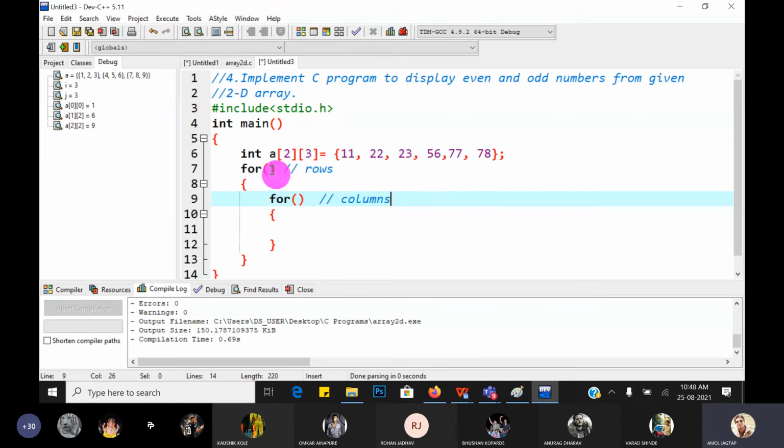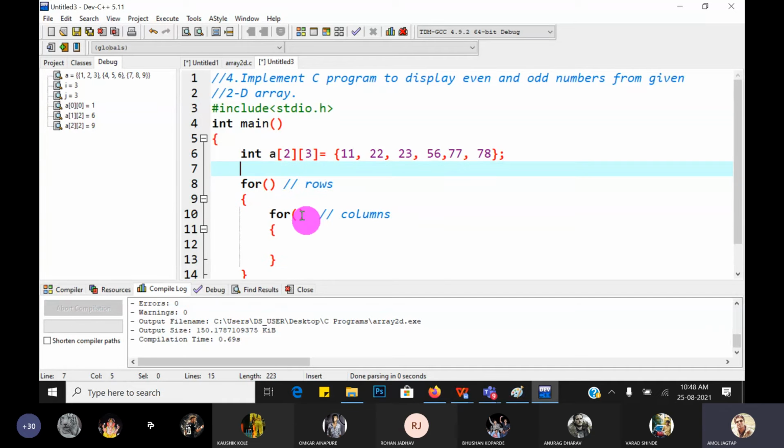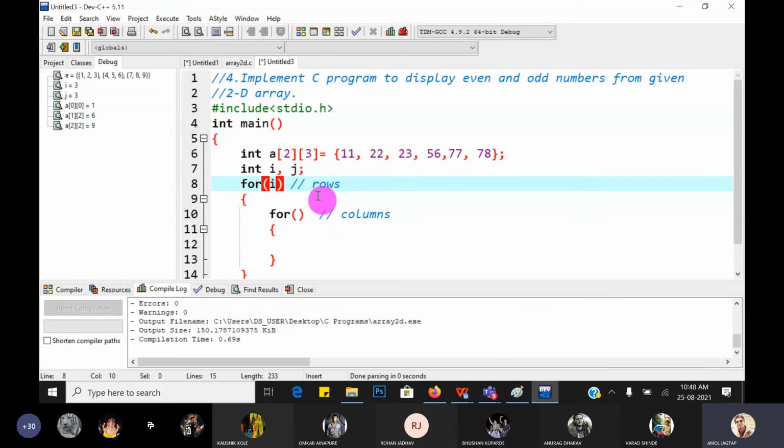Yes. So take two variables. Declare integer i, j. Always remember i, j. You can take any variable name, but I have to take i. So i is equal to 0, i less than or equal to